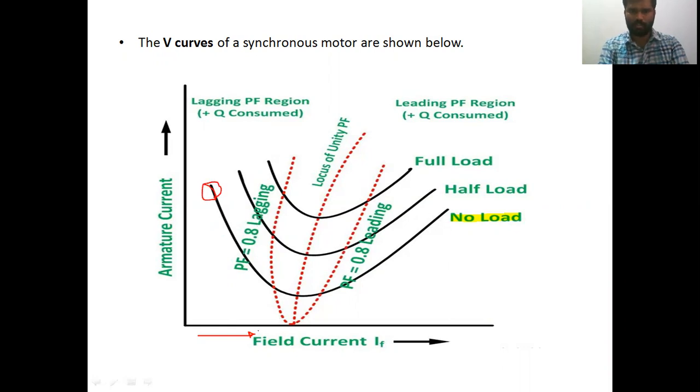So when I further increase the field current, the armature current falls down and it comes to a minimum value at this position. At this point, the power factor is assumed to be unity. So when the load is increased,